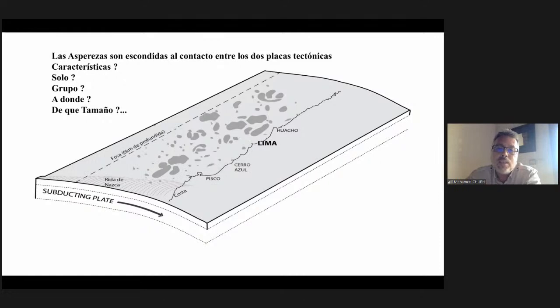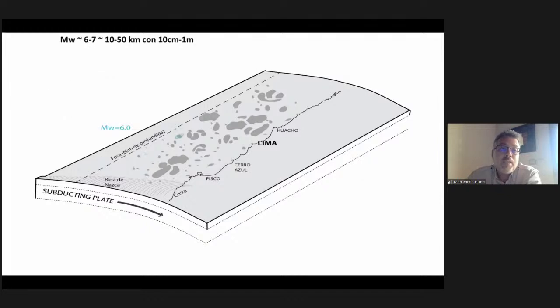So basically, there are different sizes of asperities. They are more or less close to one another. And from this distribution, we try to give some information, both about when an earthquake occurs, of course, but also when it is supposed to be locked during the interseismic period. So just to give some basic idea that you all know, magnitude 6 will potentially break